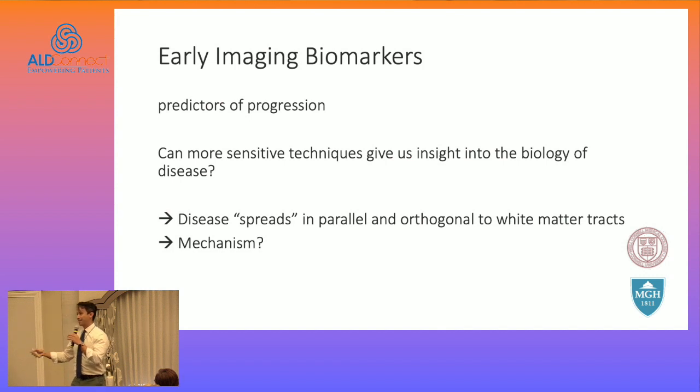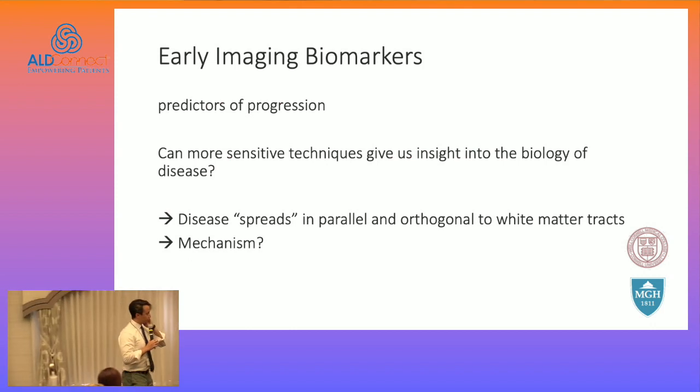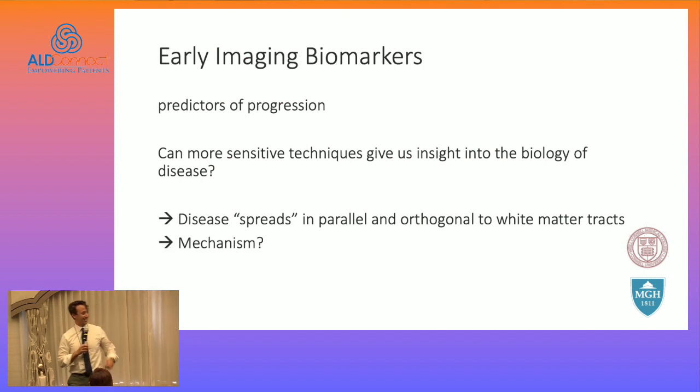So you start to get insight into the mechanism of disease, because the disease spreads in parallel to the white matter tracks that Bella was talking about, but also orthogonal, which is a really fancy word for at 90 degrees in 3 dimensions. And it sort of gets at the mechanism. And so Dr. Mussolino's work, I think, gets at this track-agnostic disease spread.